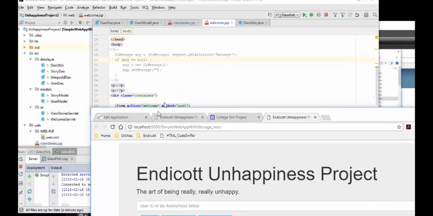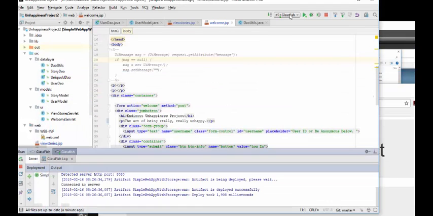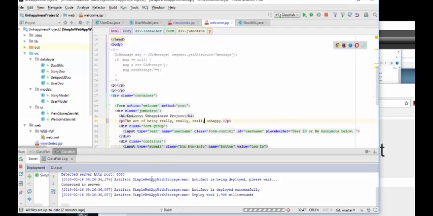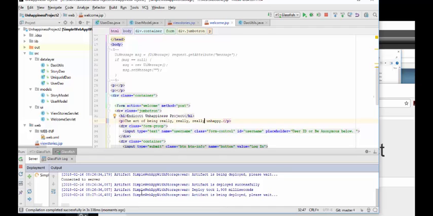So let me show you now that we have Glassfish running under here, like it started up. Watch how fast this typically is. I'm going to change this. I'll put, I don't know, another relay in. This is how fast it typically is. You just hit this play button. It says, hey, you want to redeploy? Yes. It builds it. It has finished building and it's being deployed. That takes almost no time. It is deployed, and